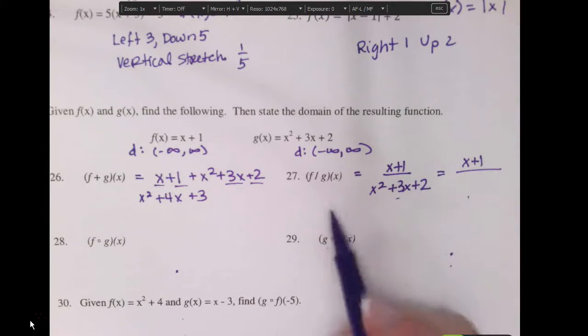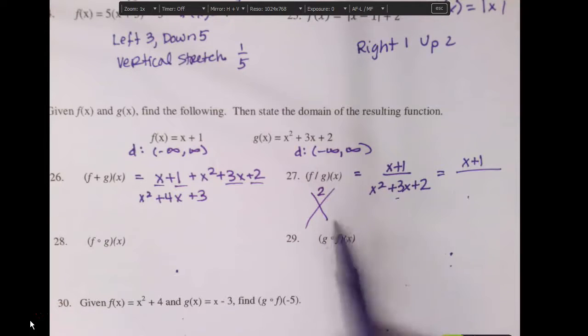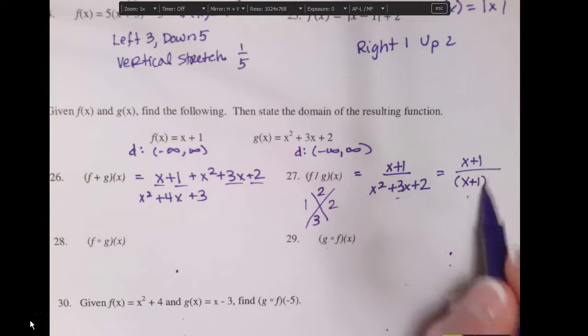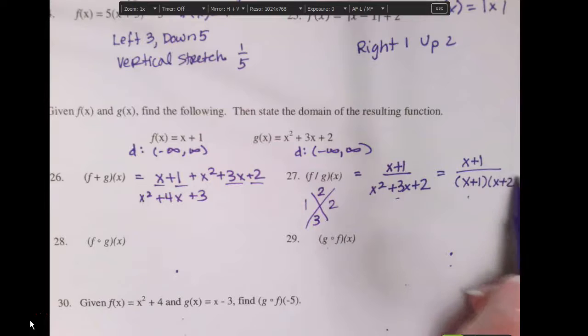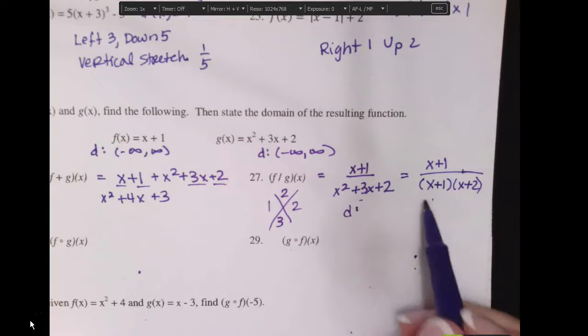So I'm not sure how you guys factor, and we're not really doing that till next chapter. But I need two things that multiply to equal 2 that add to equal 3. So that's going to be 1 times 2. So if I put a 1 and a 2 down there, then I've factored it out. So my new domain has to be, I